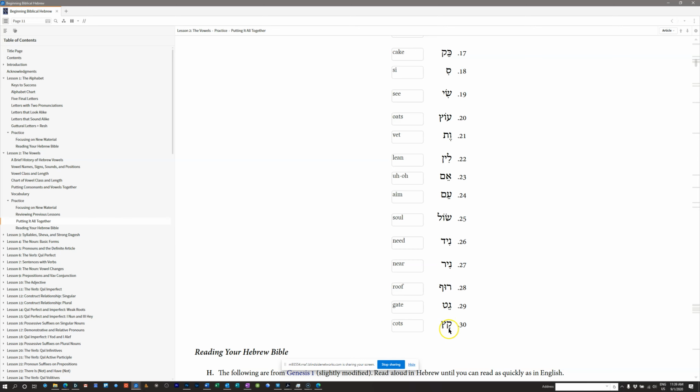Now, Futato probably has this as coats. I guess not. He's saying these aren't Hebrew words. If this were a Hebrew word, this would have to be a kametz, because the kametz chatuf can only appear in an unaccented syllable, and if you only have one syllable, it's accented. So this has to be the kametz chatuf. So kots would be the way to pronounce this.